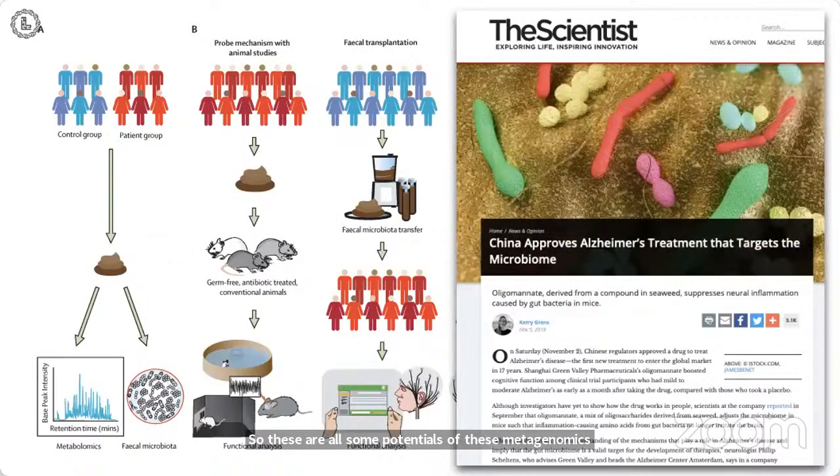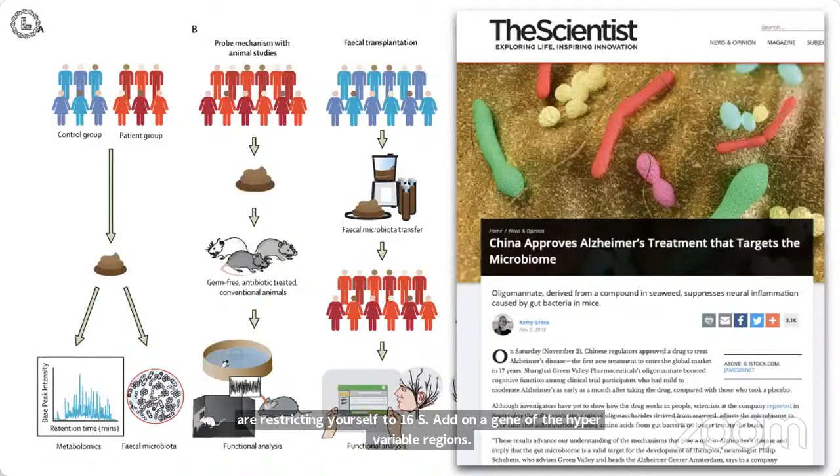And I have a question before moving on. Let's see. Stella asks, can I use 16S full sequences, long read sequences, to analyze bacterial community as well as functional analysis, metabolic pathways? Okay, the moment that you say 16S sequencing, you are restricting yourself to the 16S rRNA gene or the hypervariable regions present in the 16S rRNA gene.